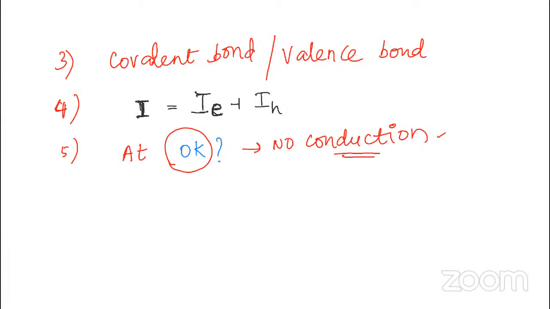If four options are given, and asked when the conduction process goes to 0, the options may be 0 Kelvin, 0 degree Celsius, 100 degree Celsius, or 100 Kelvin. At that time we choose 0 Kelvin. So this is the correct one. Next one,